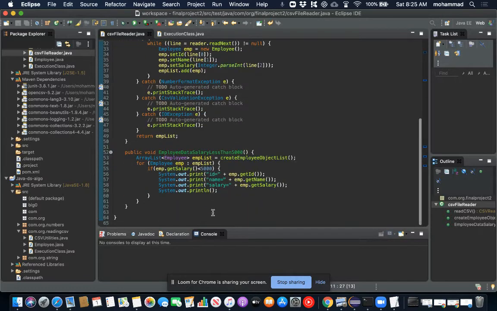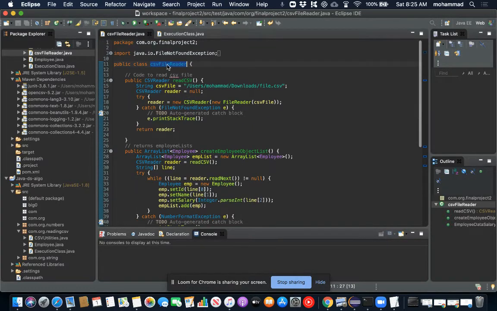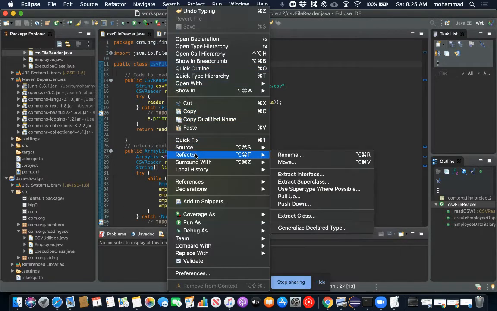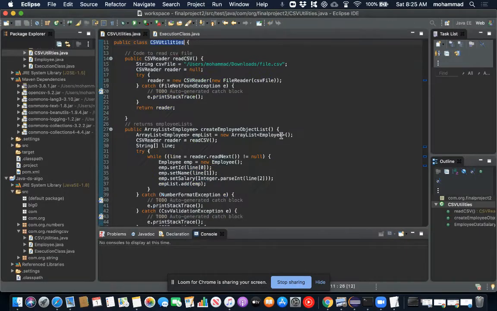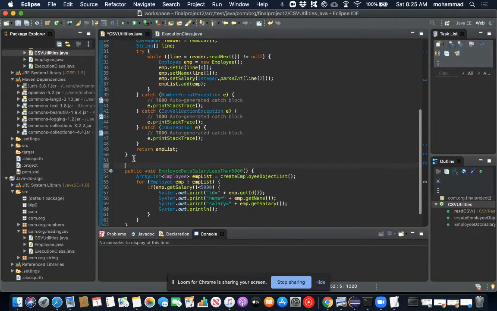It also has business logic. What we can do, we can give an appropriate name, refactor, rename, and we can say it as CSV utilities. And leave a comment here.